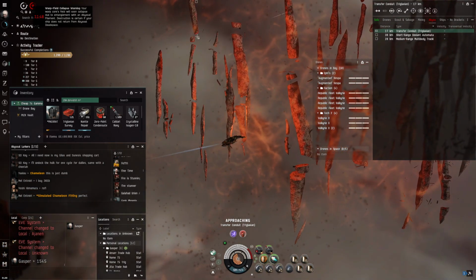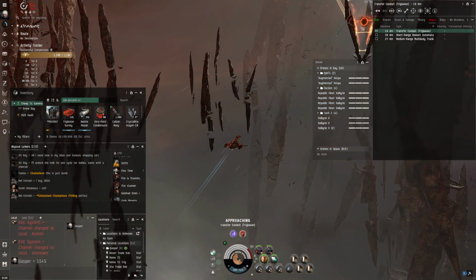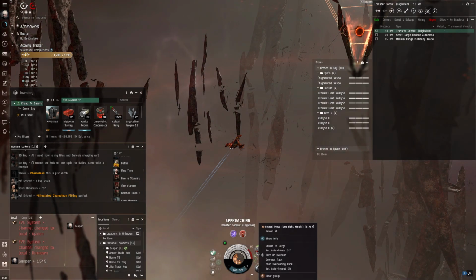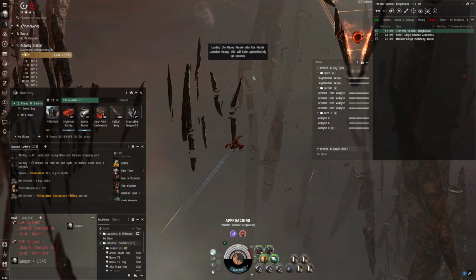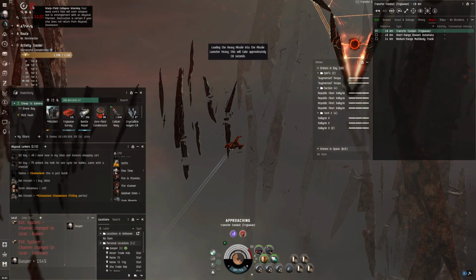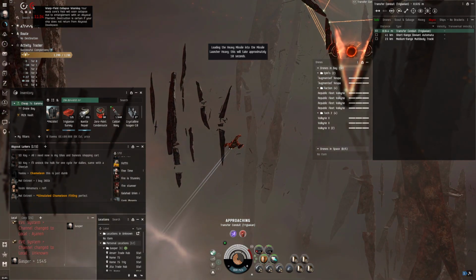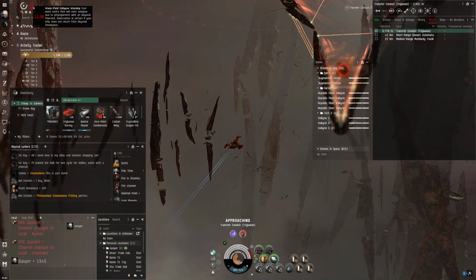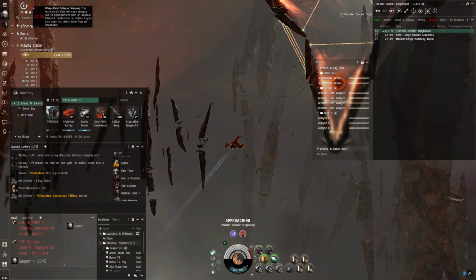Alright, so we are exiting this room very fast. Okay, let's see. That way, everything's on. Reload my missiles. Try to be a professional here. It's quite difficult to talk while playing, but I'm getting better. Alright. Going through the gate somewhere around...